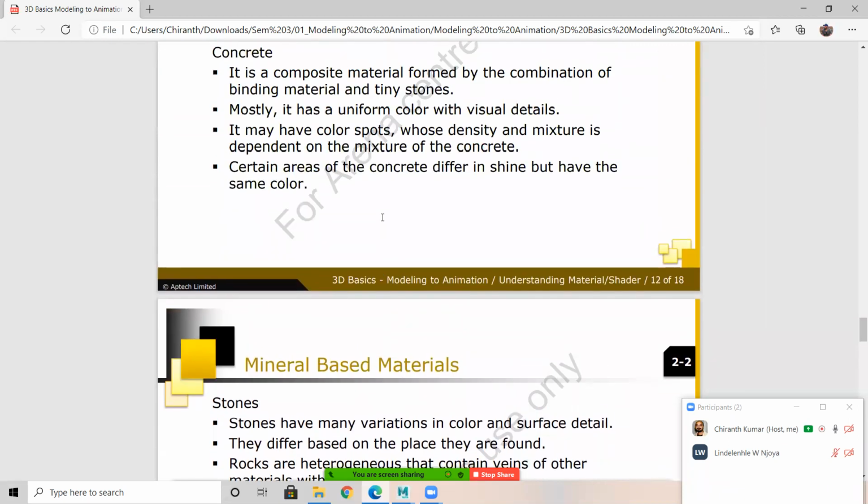Look around your home. Is any tile used? Tiles are used, or granite is used, or marble is used for the flooring. See the flooring. See how the ceiling has been done. See the modern structure. Even if you go to a school, if you see the flooring, they have used granite. It's a shiny granite. It allows reflection. And in a few areas there are tiles. Tiles are more reflective.